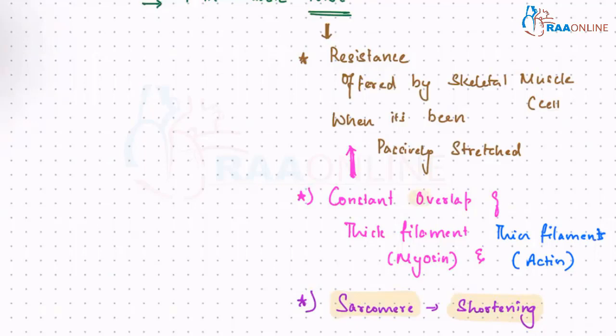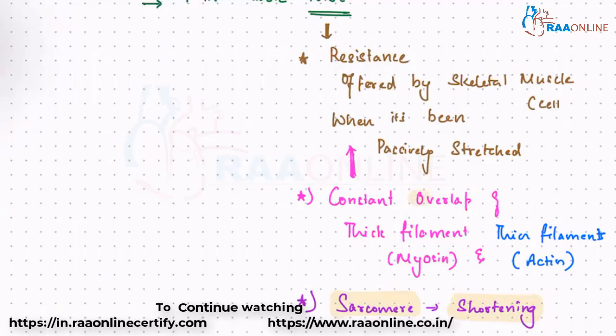Have this very basic idea in your mind before we get into skeletal muscle contraction, people. So with this basics, let's move on to see how a skeletal muscle is arranged, what are the steps involved in contraction of the skeletal muscle, and how that is translated into isometric contraction or isotonic contraction. So people, let me take you into the concept of something called load. So what do you mean by load? Load is something that